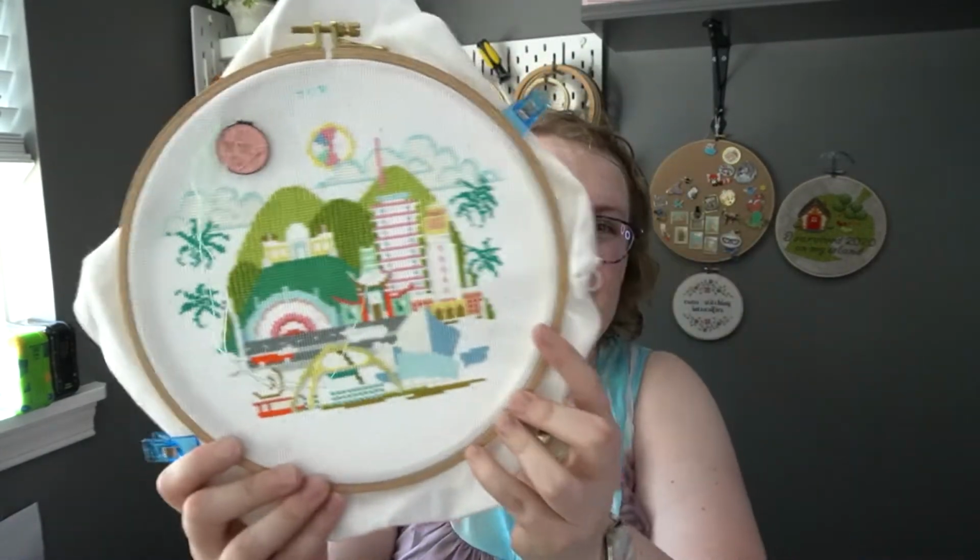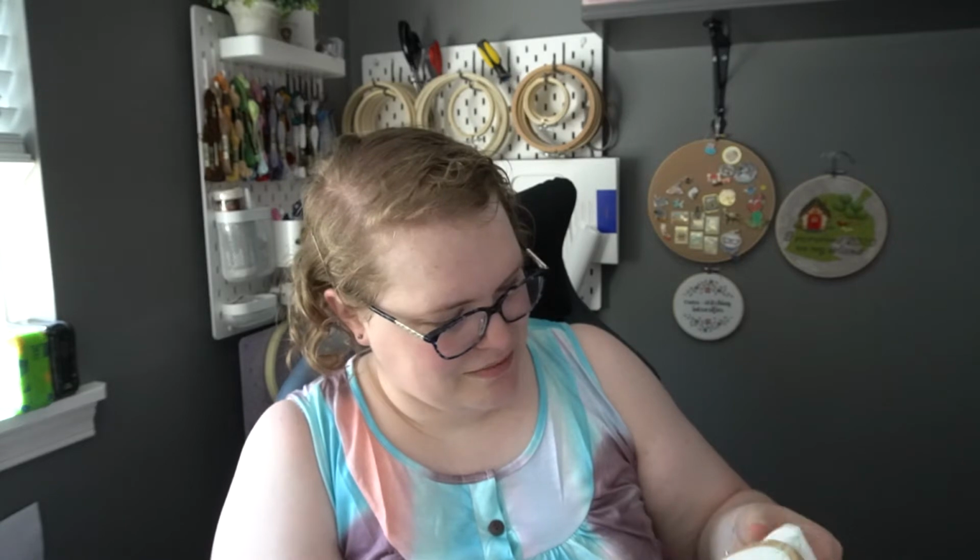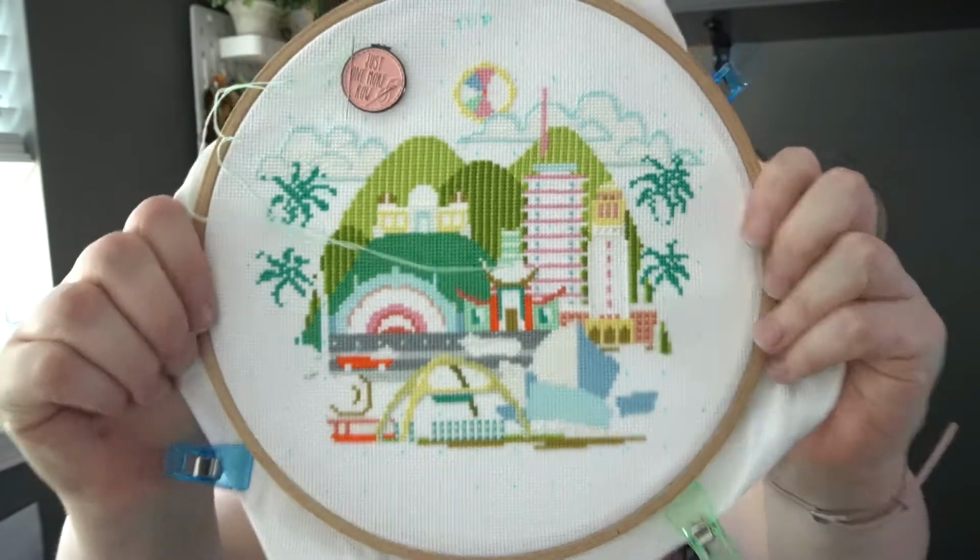Next work in progress. I did a little tiny bit on this one, so I'm gonna share it. It's not a lot, but hang on. This hoop is so bad. I know every time I share this piece, and it's so dirty too, actually. I'm definitely gonna have to figure out a good way to wash the fabric properly. Anyway, I know that every time I share this piece, I'm like, tug, tug, tug. So, this is Pretty Little